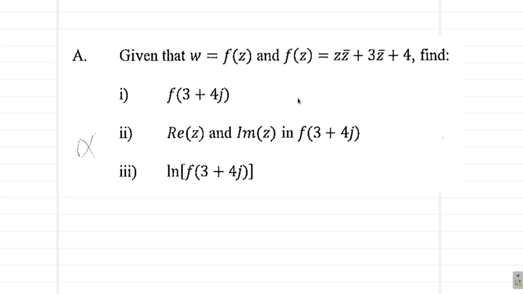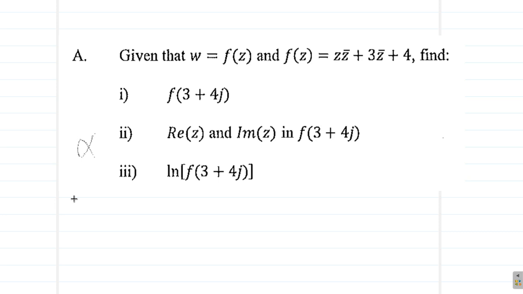We're given that the function w is a function of z, and the function of z is z conjugate, that's the bar z, plus 3z conjugate plus 4. You must find f, the function, f of 3 plus 4j. Okay, so